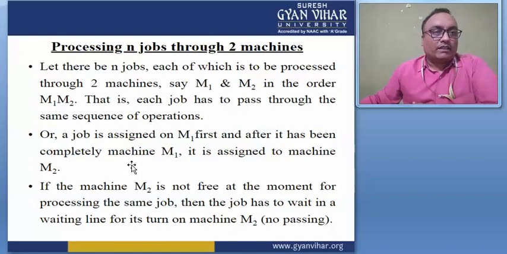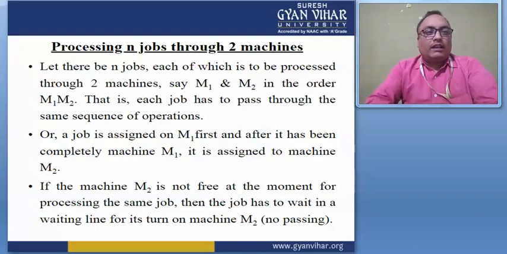This is the processing of n jobs through two machines only. Here let there be n jobs, each of which is to be processed through two machines. These machines are M1 and M2, in order M1 and M2, that is, each job has to pass through the